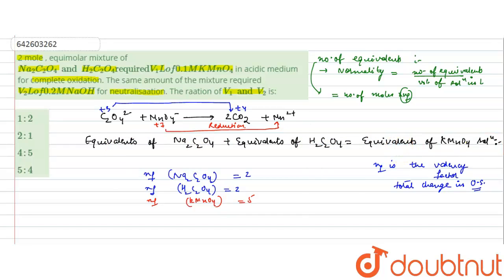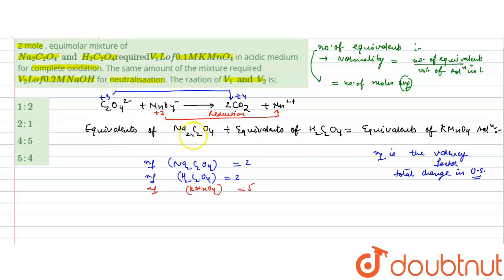So the equivalence of Na2C2O4 will be number of moles of Na2C2O4 into its n factor. The total moles of the mixture are 2 mole, and it is given as an equimolar mixture. It means the moles of Na2C2O4 is 1 and moles of H2C2O4 is also 1. So we can write its number of moles is 1 into its n factor 2, plus the number of moles of H2C2O4, 1 into its n factor, that is 2, equals to,